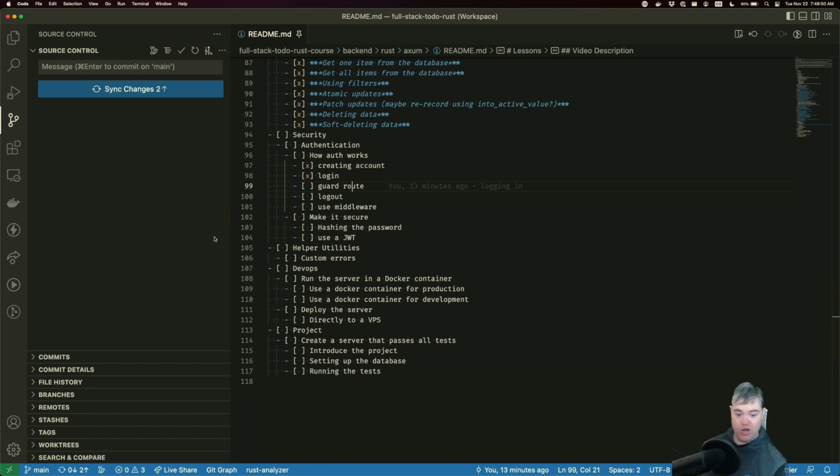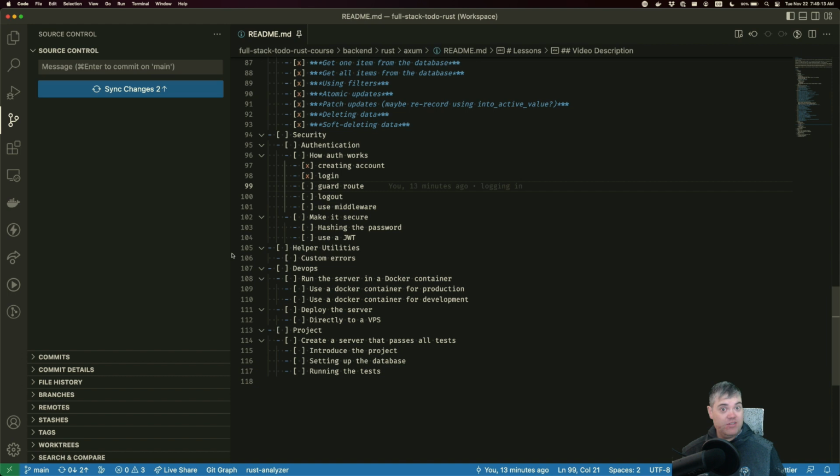Okay, so guarding a route. Let's do this. And let's go. Now that we have the ability to create an account, we can log in. Before we can move on to doing something like logging out, we need to be able to guard a route.